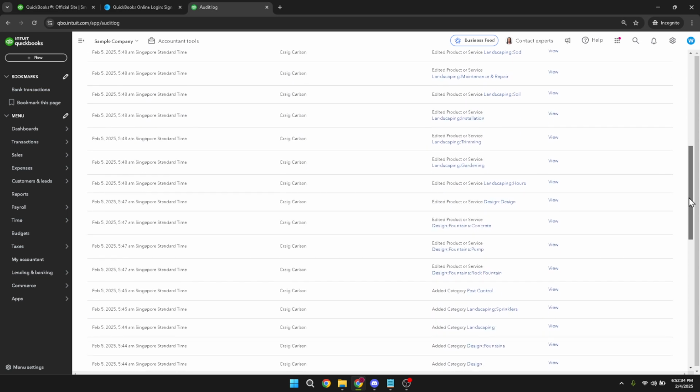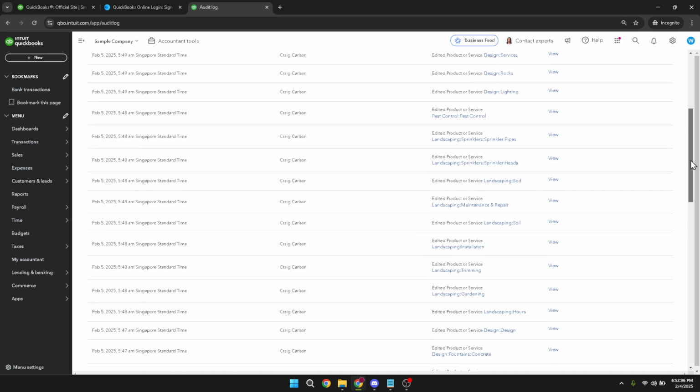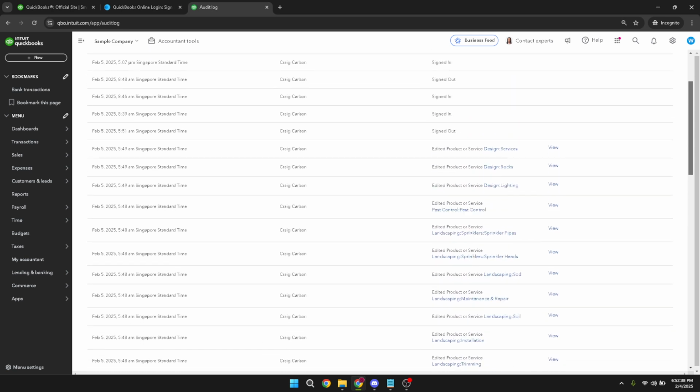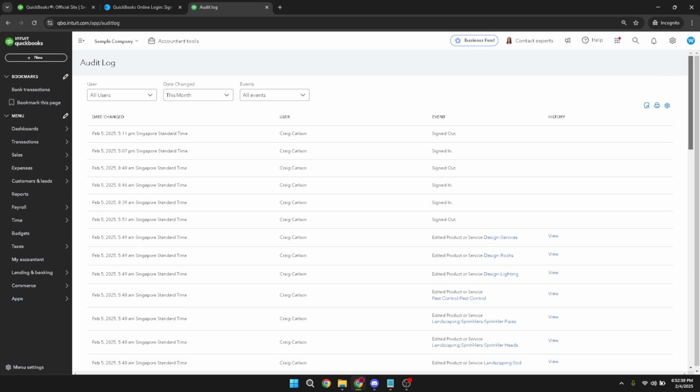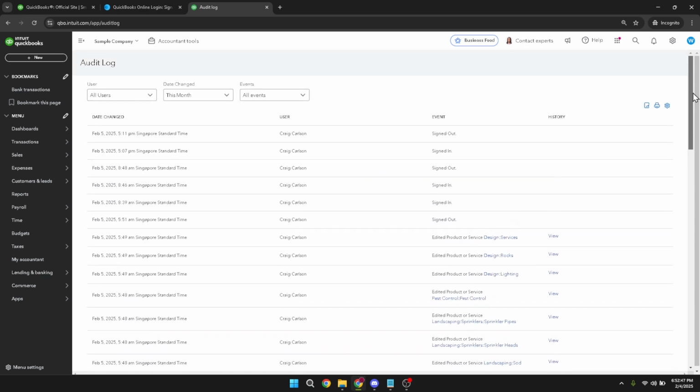Understanding how to use the audit trail effectively can be a game changer in terms of financial security and accountability. You ensure that all entries are monitored, minimize potential fraud, and enhance precision in record keeping. Remember, consistently reviewing this log helps you maintain a tight grip over your financial data management, making your business or personal accounting smoother. And that wraps up our guide on using the audit trail in QuickBooks Online. With these steps, you're well on your way to mastering audit functionalities, keeping your financial activities transparent and efficient.